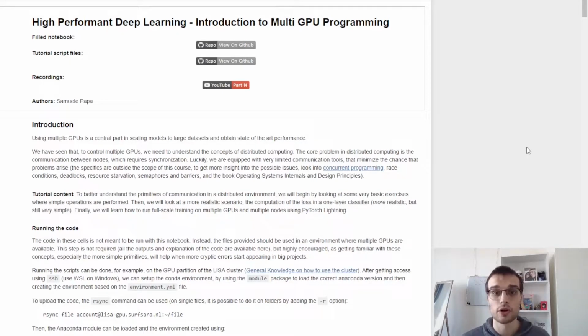Hi everyone, in this tutorial we will be looking into the introduction to multi-GPU programming. The aim of this tutorial is to get a better grasp and understanding of the basics, primarily the basics of communication and synchronization, which are the most important things that are happening in a distributed, parallel